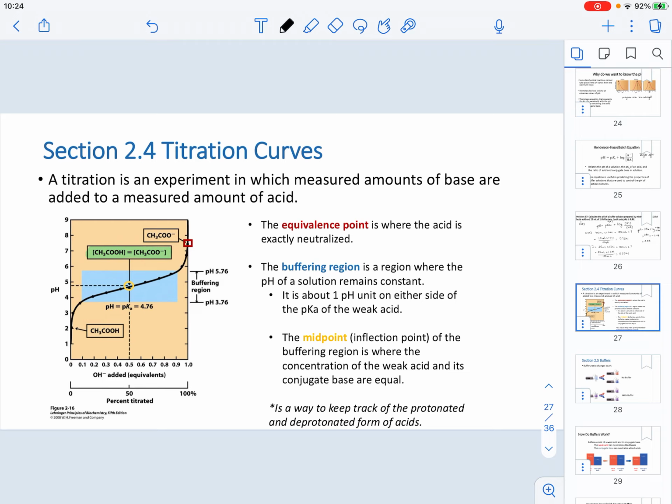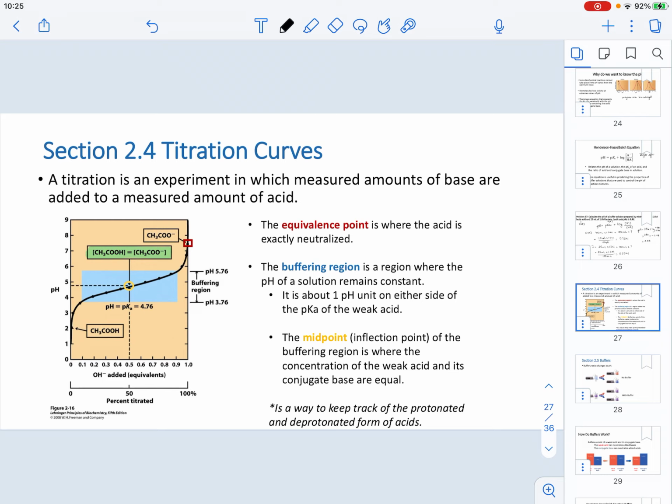As we're going to see in the next chapter, amino acids, which are the subunits present in proteins, actually have these properties. So at this point, what I want to do is just introduce the components of a titration curve, which is the way in which we illustrate a titration experiment. As you can see illustrated on the left side of the slide, we have a specific titration curve. This titration curve is the titration experiment specifically for acetic acid being titrated